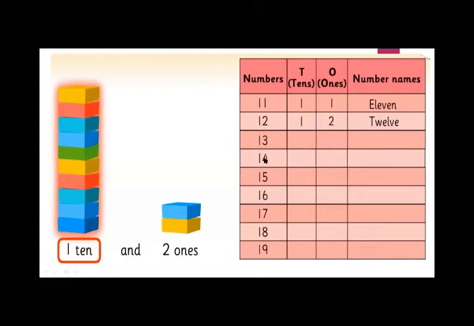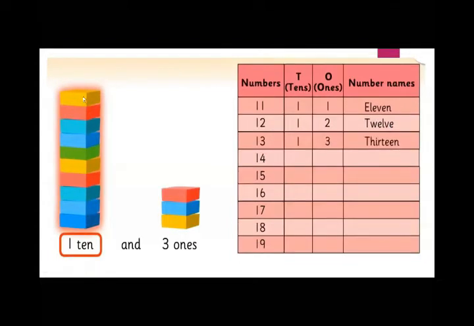Okay. Now see the other. Again we see here 1 ten. One stick of 10 shows the 1 ten. And how many blocks here? 3 blocks. So it is 3 ones. So 1 ten and 3 ones make the number 13. As you see here, we write them in the proper place. 1 is a ten and 3 is ones, and it makes the number 13. So what is the spelling of 13? THIRTEEN. 13.